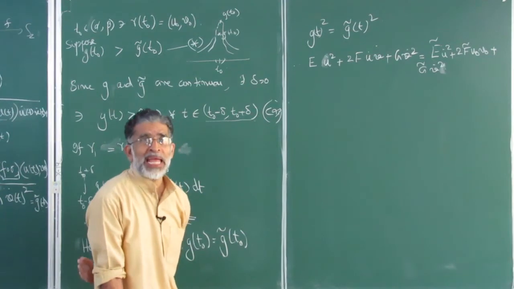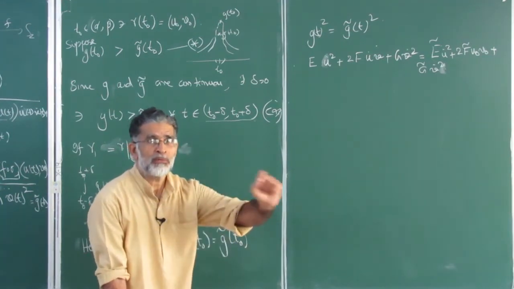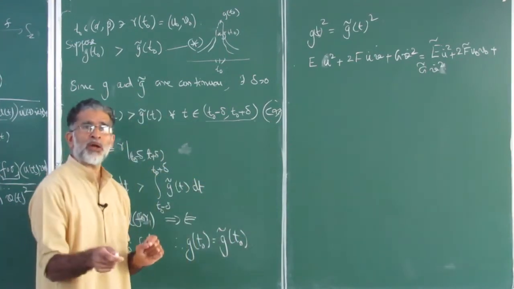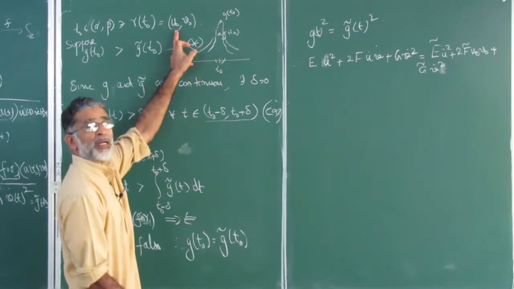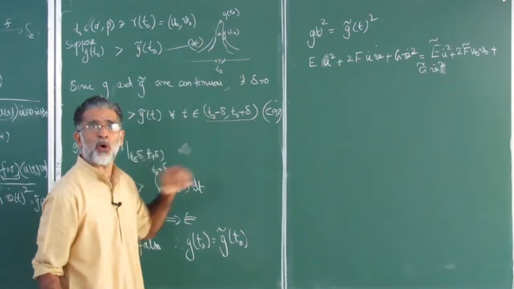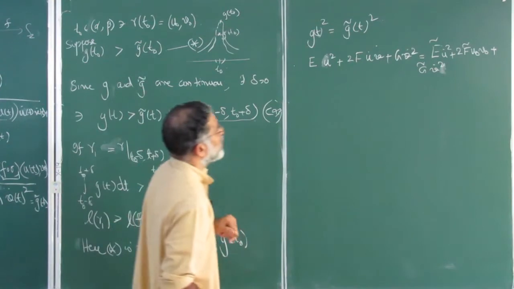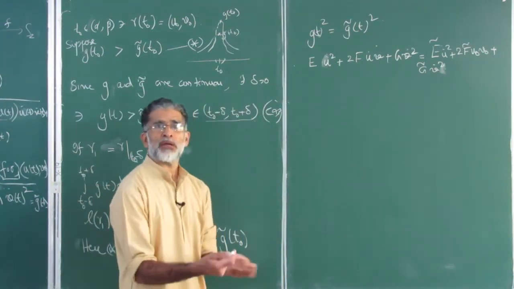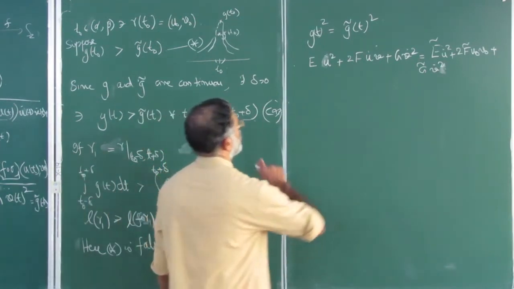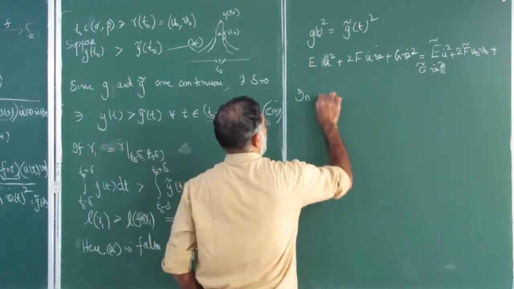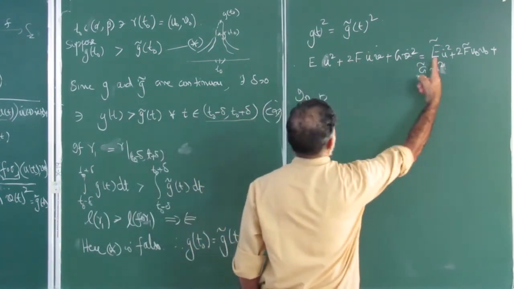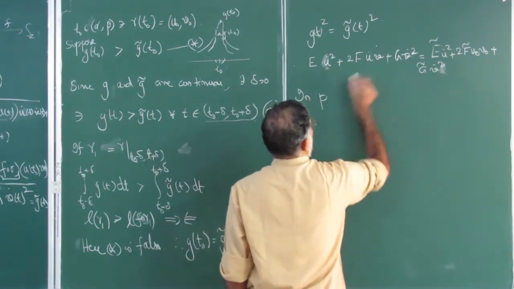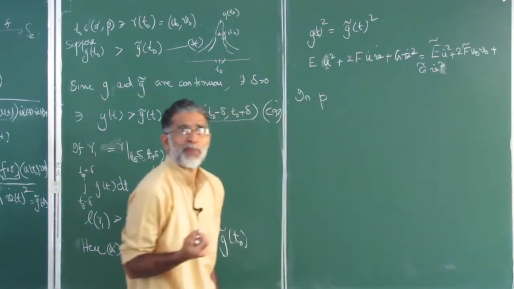Now this you can repeat for any curve passing through (u0, v0). There is a t0 such that γ(t0) is (u0, v0). Any such curve, the whole exercise you can continue. So now what we do is a very simple thing. Take some particular curve. In particular, I want to say E at (u0, v0) is the same as Ẽ. So I want to get this equal to 1 and these two 0. A very simple trick.